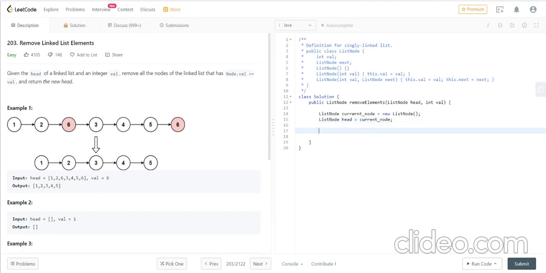Okay. So we are just creating a current node that will be our resulted linked list, and we are creating a head that will store the address of the starting of the current node. So we can simply remove the head and replace it with the L1, and move the value as X. It's just for simplification. You can do it on your own.